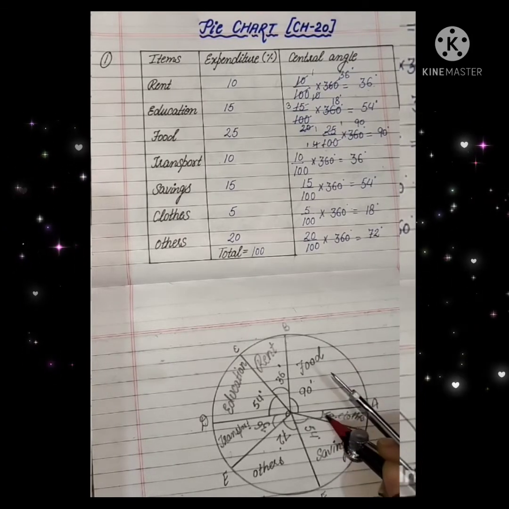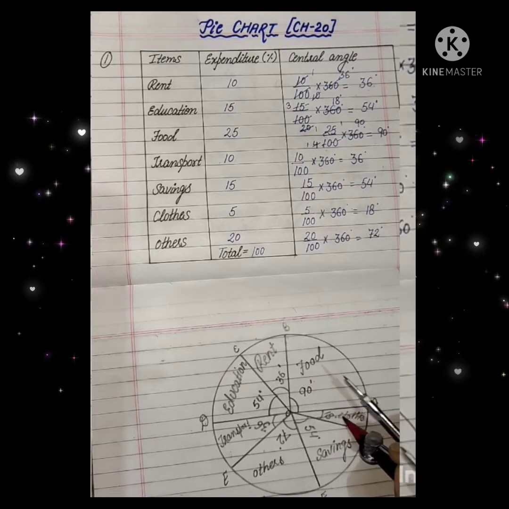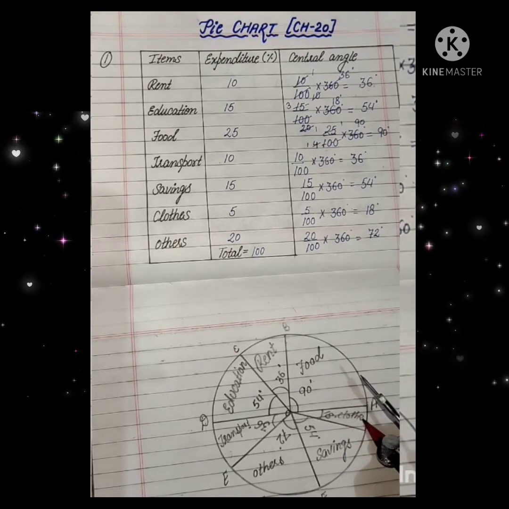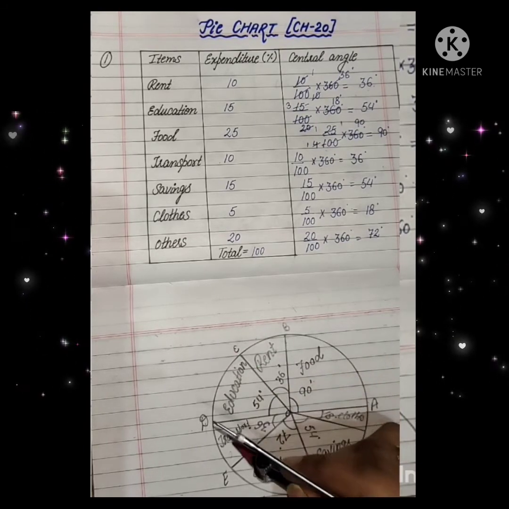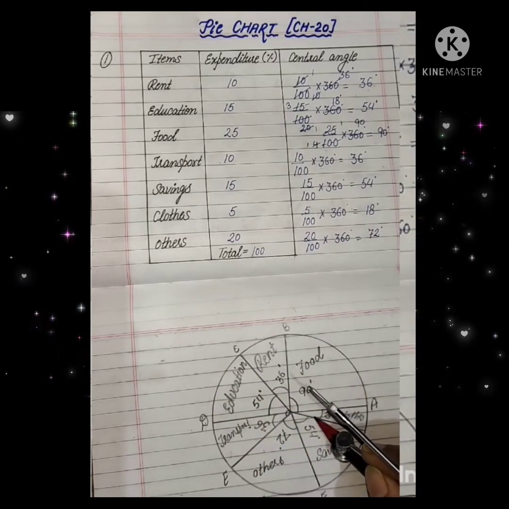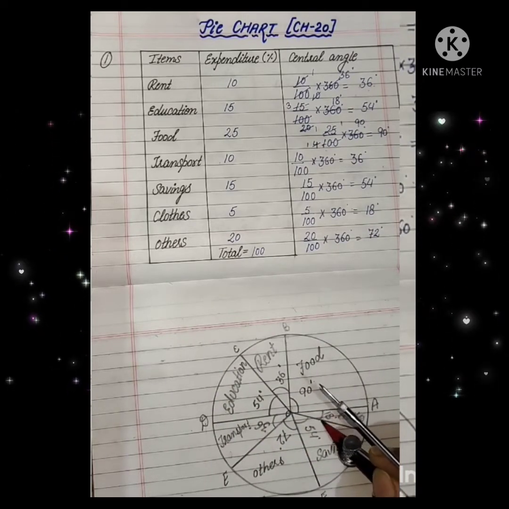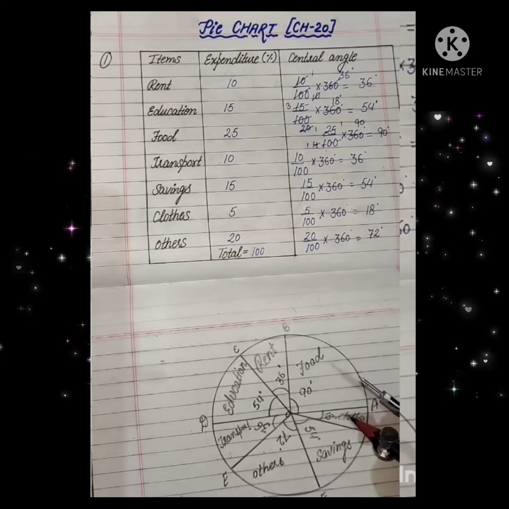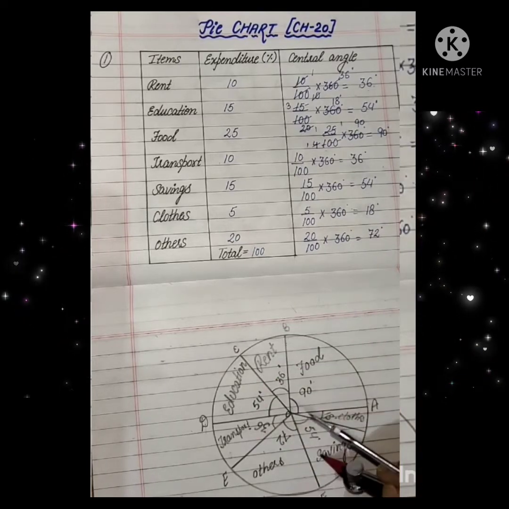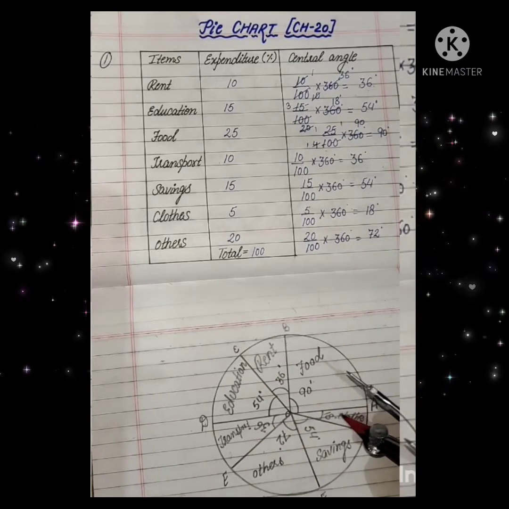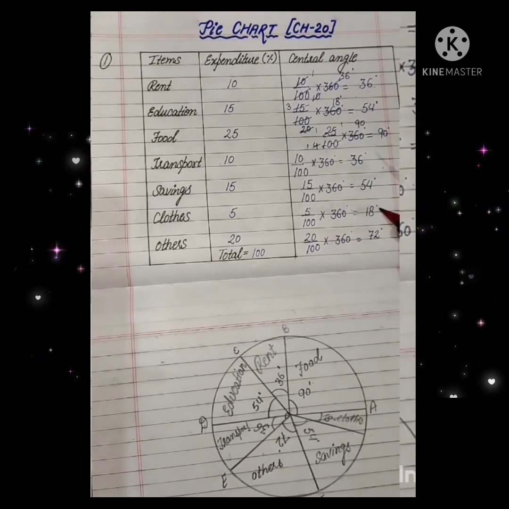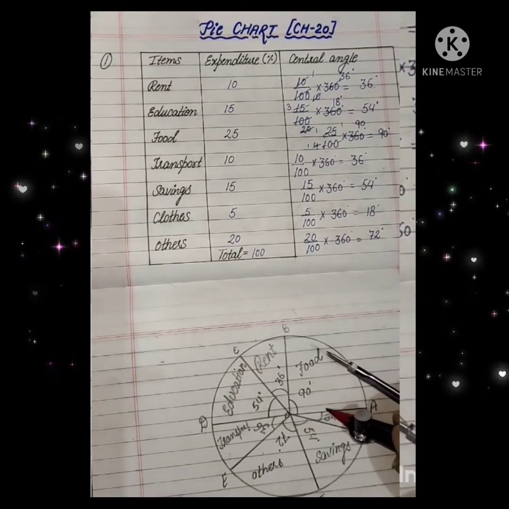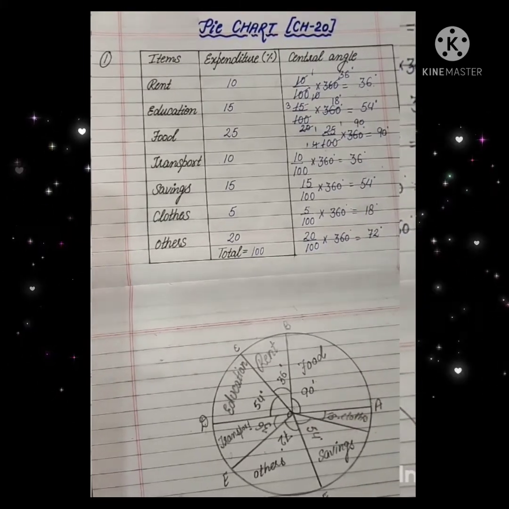And finally, the left angle will be 18 degree, and this will be expenditure for clothes. If you want to check that you have drawn this pie chart correctly, leave the last angle, and this will be 18 degree which is not drawn. बाकी एंगल्स बनाने के बाद जो लास्ट एंगल की वैल्यू आएगी वो वही एंगल होता है जो हमारे टेबल में लेफ्ट होती है. And this is the pie chart for given data.